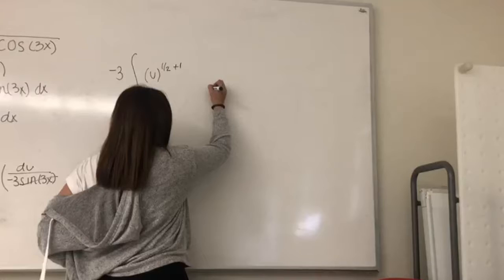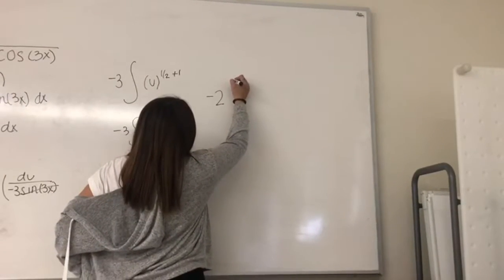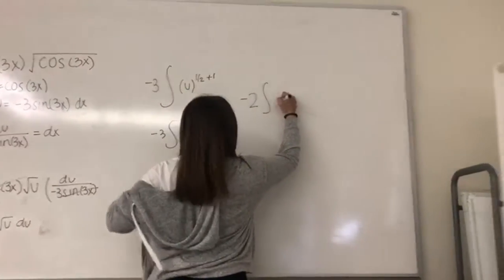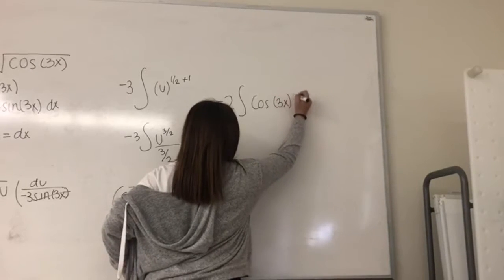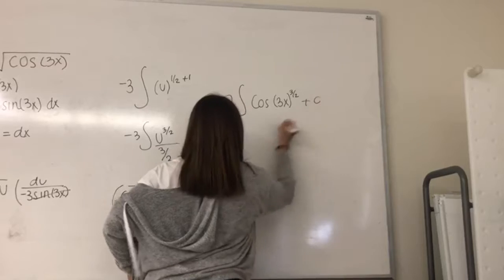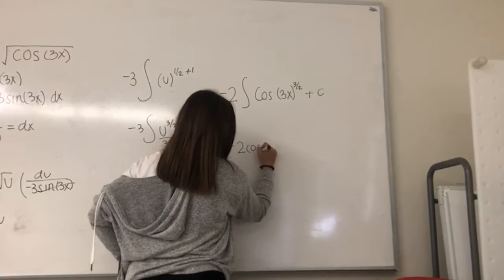Okay, now after dividing you get a -2, and you're gonna plug in your u. The 3/2 plus c. So the answer is gonna be -2 cos